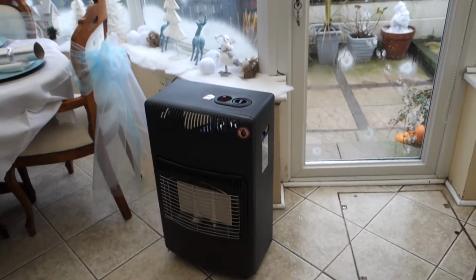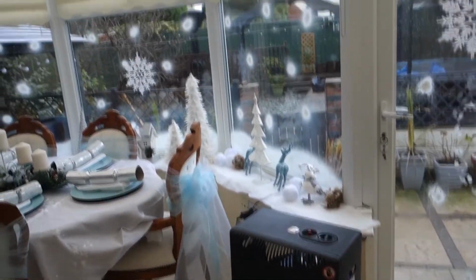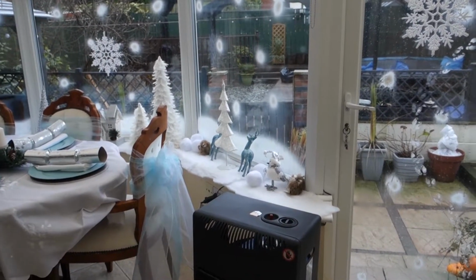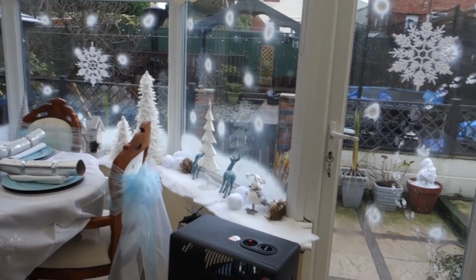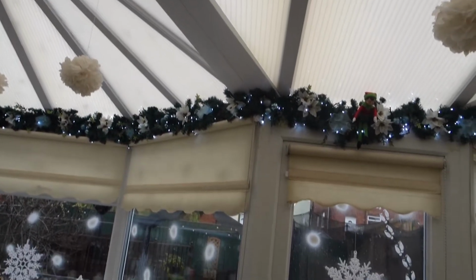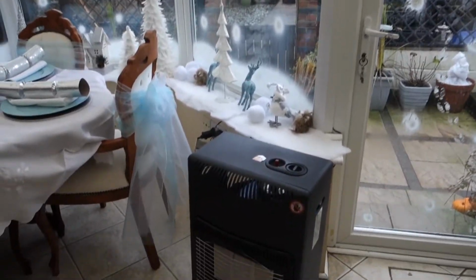So we're thinking about getting this done in the early part of next year. We're toying with ideas whether to actually tear it down and do a build. And I have like the bifolding doors, which I don't know about. I'm really undecided whether to just put a roof on it in the shape that it is now, or whether to just do the inside as a roof, like a ceiling, and so the outside remains the same, which is the cheaper option. And putting 2 radiators in here as well for the warmth,